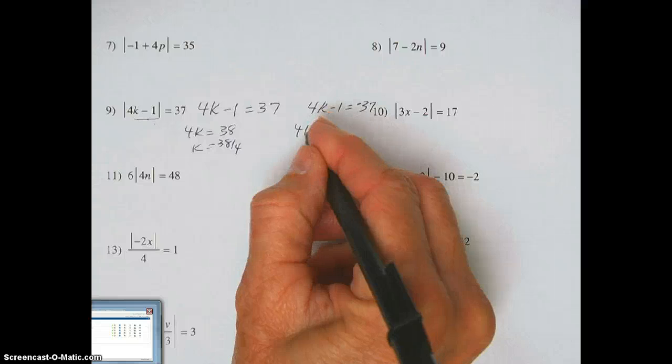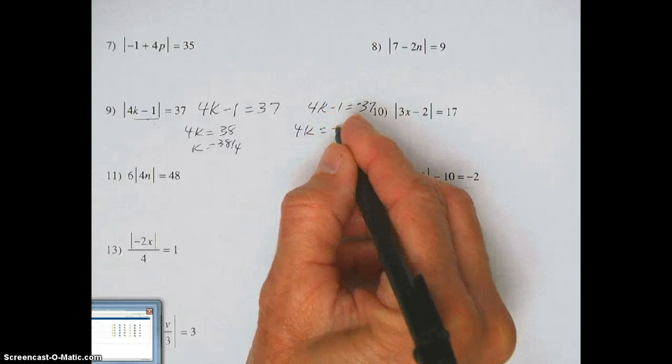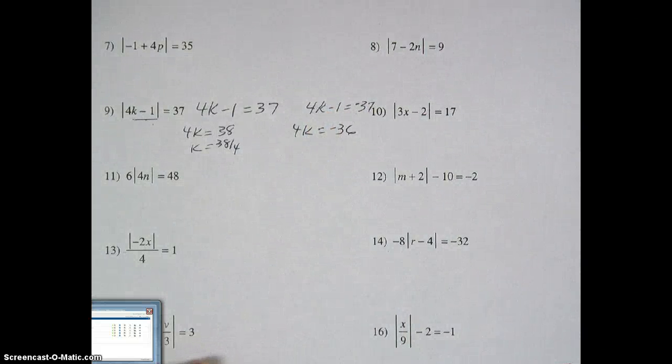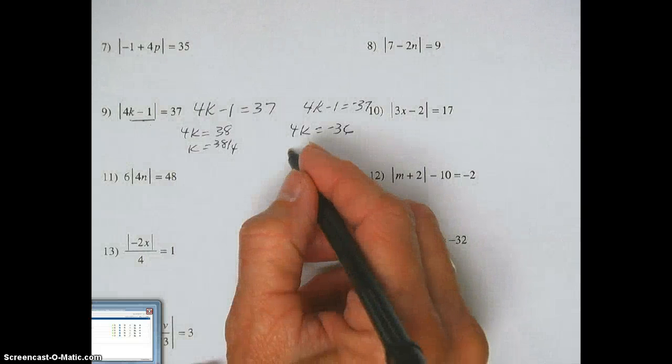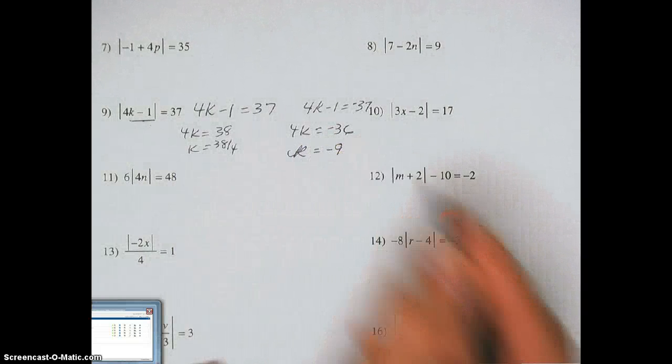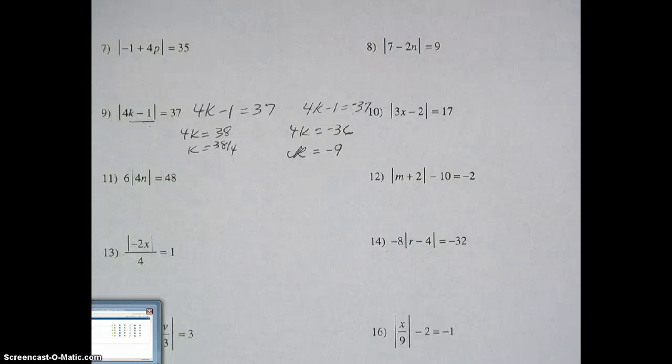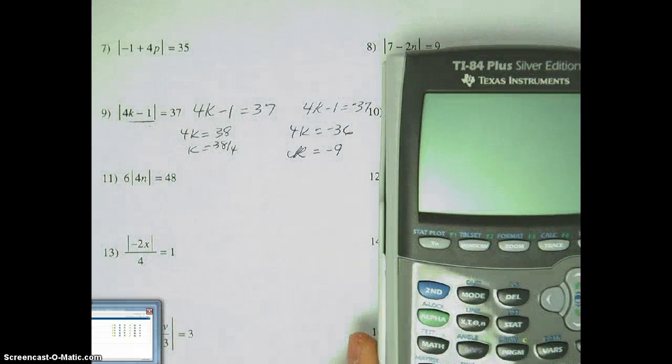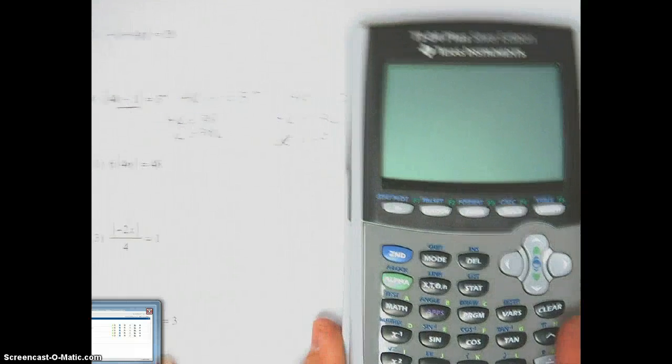Here we'll have 4K equal, if we add 1, a negative 36. So divide by 4, we'll get K equals a negative 9. And again, remember, there's a couple different ways that you could check your answers. You can check them by looking at the answer key, or you can check them by plugging it back into the equations. So if I try this negative 9